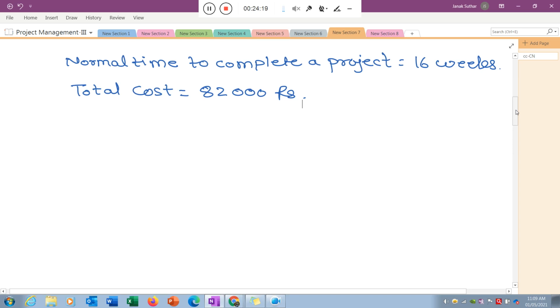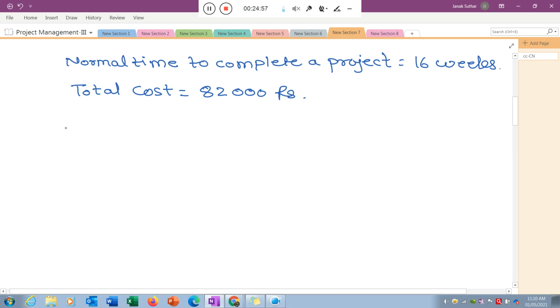Now the next question is, which critical activity we need to select for crashing? Means which activity we need to reduce? There are a lot of critical activities available, so out of them which one do we select? You need to select the activity which is more economical. Means if you reduce that critical activity by a particular time, then the cost increment will be minimum compared with the others.